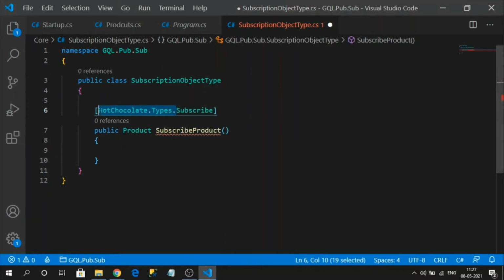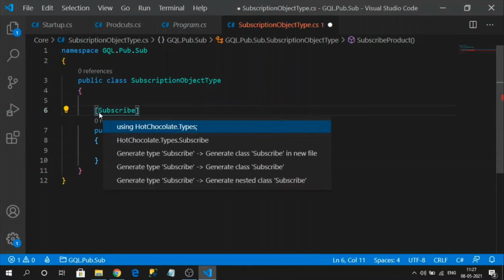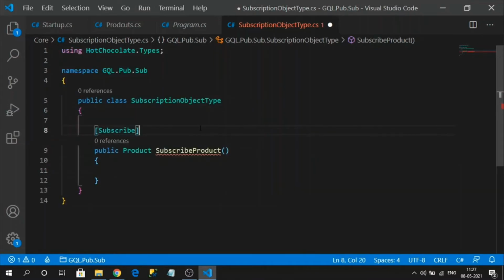So we need to decorate with the Subscribe attribute. Let's import the namespace. Okay, and you can have n number of different types of these subscription methods, right?